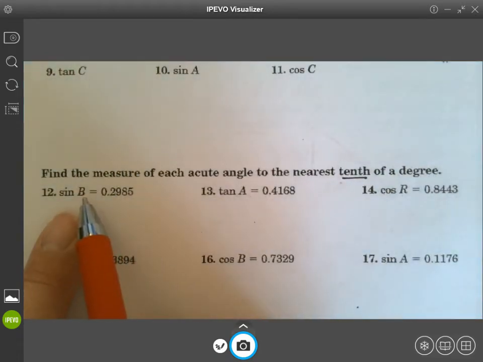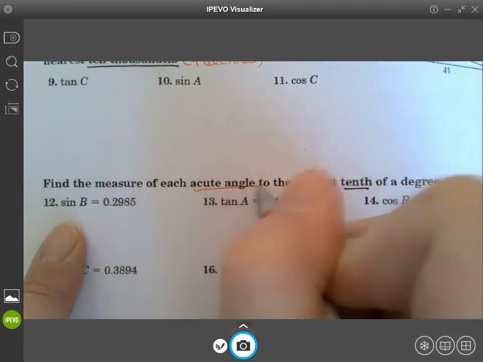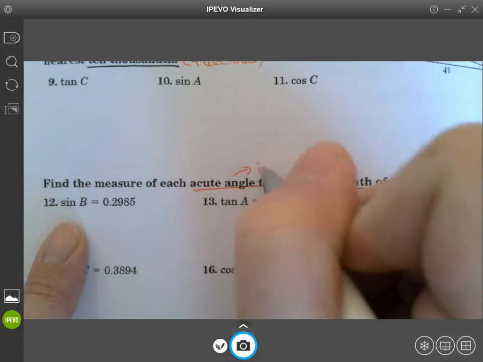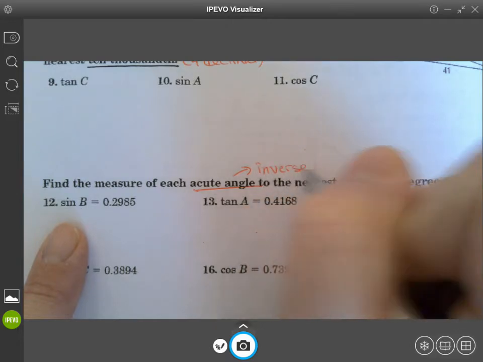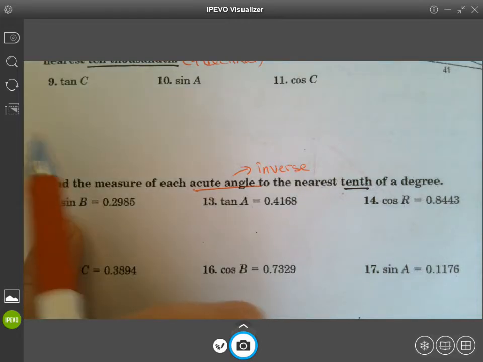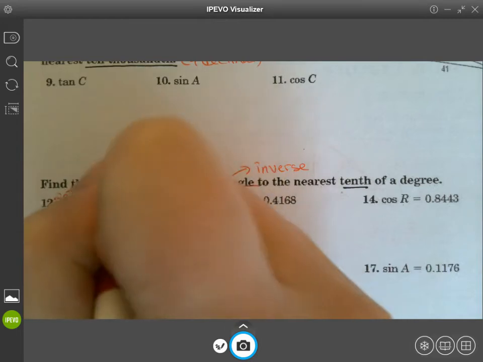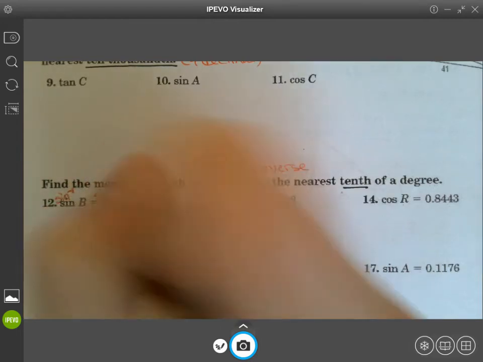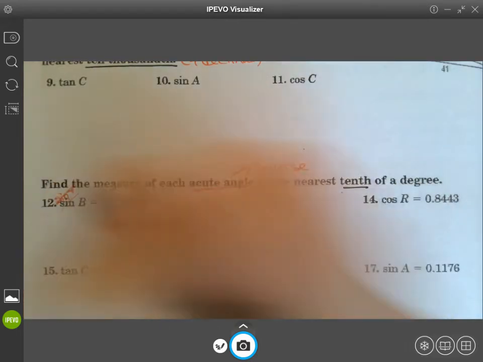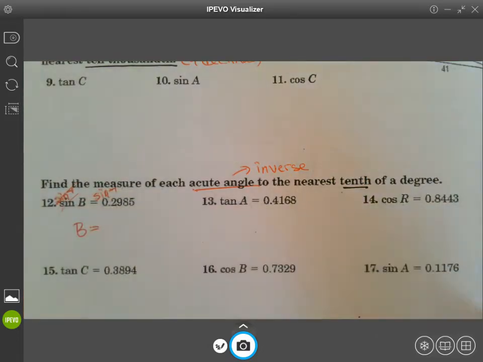So I am asking you to find B. Anytime you're asked to find an angle, you are going to use the inverse. So how do you break off the sine? Because normally we just type in sine of the number. How do I break that off? I take the inverse sine. So this is when I use my inverse. So sine inverse and sine are going to cancel out, and I'm going to get B equals, and I just